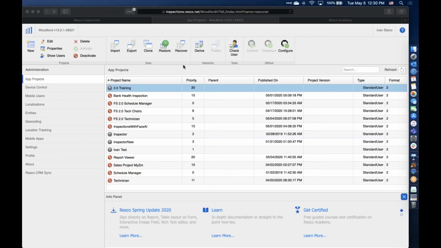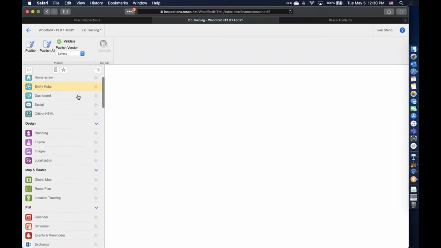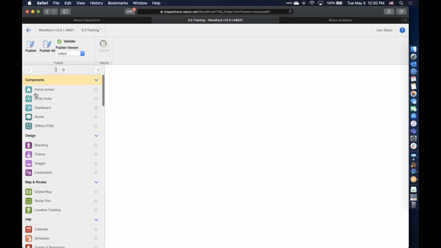So let's now continue. I'll open the 2.0 training project. I'll just double click on it. And now on the left-hand side, you'll see a lot of groups here. At the very top, I have the components where I can see some home screen, entity hubs,